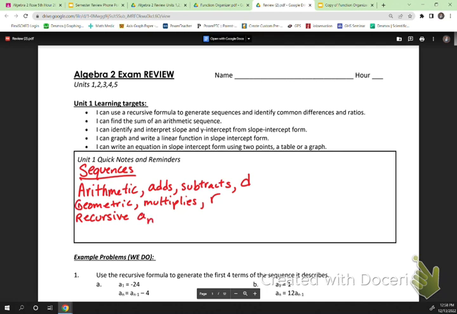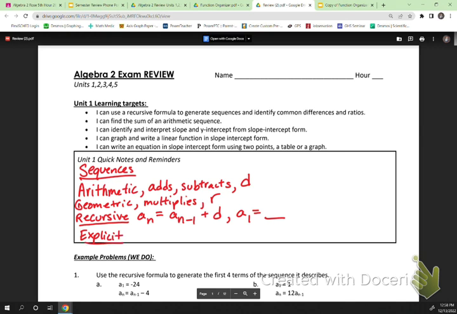Recursive formula for an arithmetic is a sub n, your previous term, plus your common difference. We also have to define what the first term is. So recursive takes your previous term, a sub n minus 1, and you either add or subtract your common difference. We also wrote explicit formulas